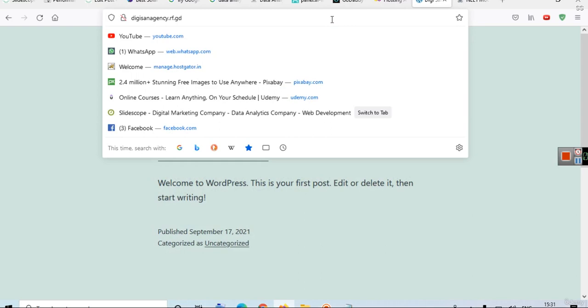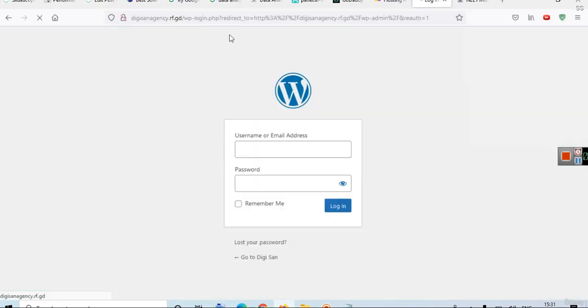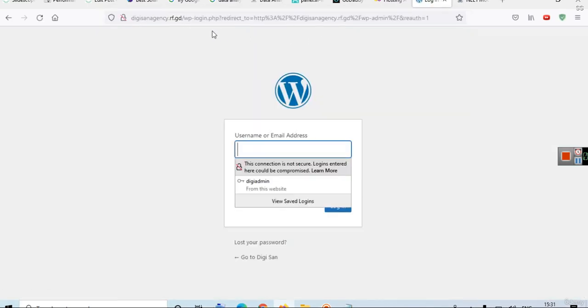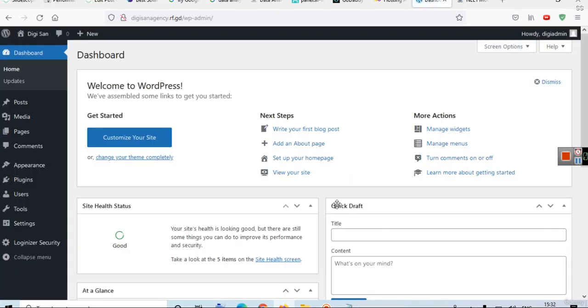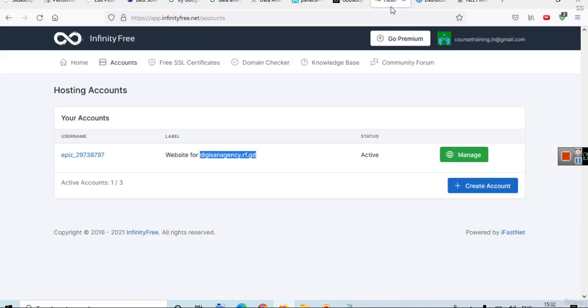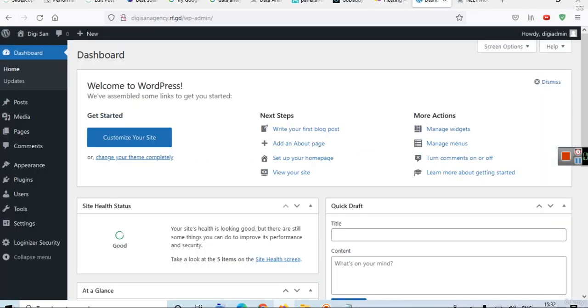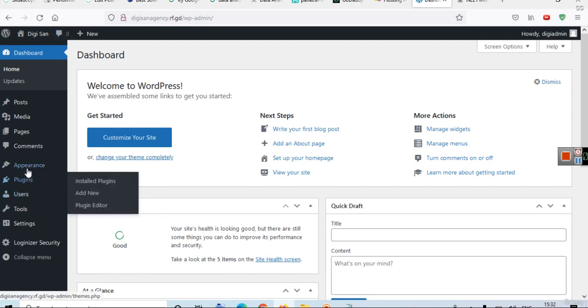So here we will simply write wp-admin. Just after the URL you have to write wp-admin, and then you can log in with your credentials. Remember, we created these credentials when we were installing WordPress. You also saw how using Softaculous in this infinity-free.net web hosting we installed WordPress on our website. Now here you can see our dashboard, and in our dashboard you can see we have appearance, and in appearance